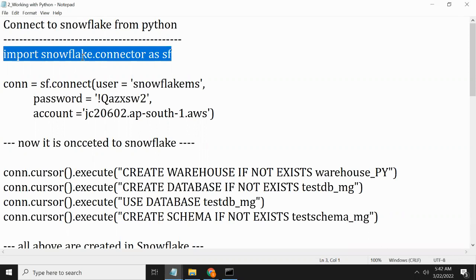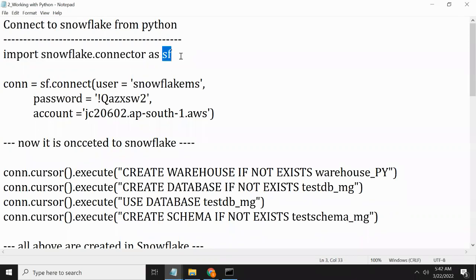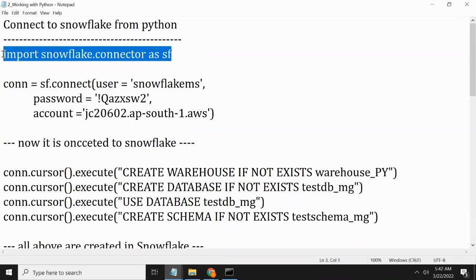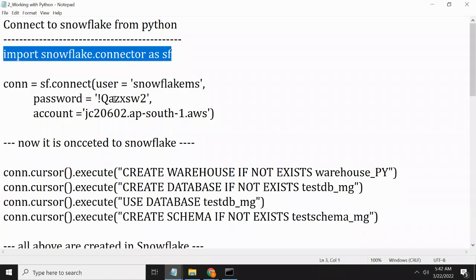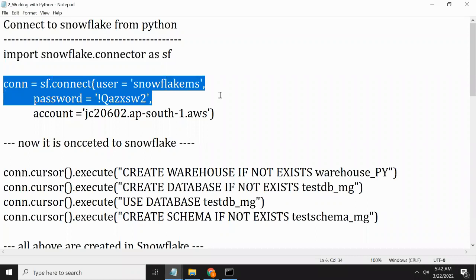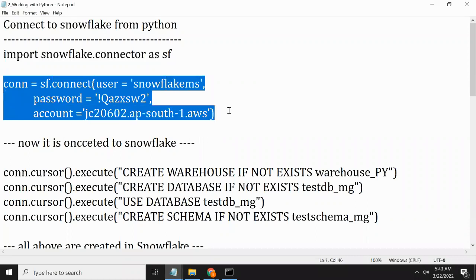What we are doing is we are importing snowflake connector as SF. This is an alias name. Alias name we are giving for the snowflake connector. Just no need of semicolon here. It executed. Now if you observe, when you are connecting to snowflake, generally in